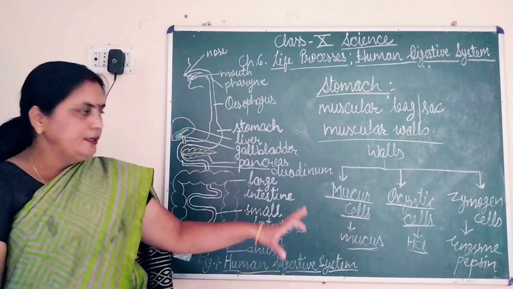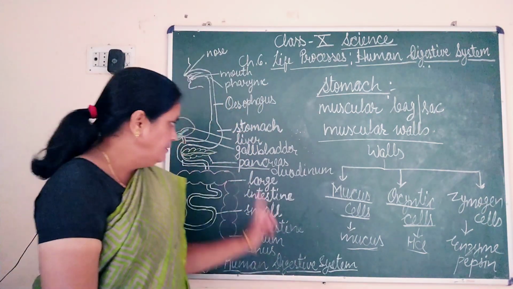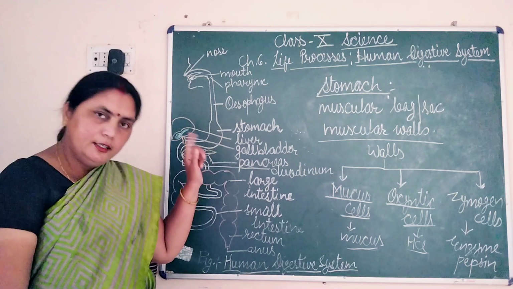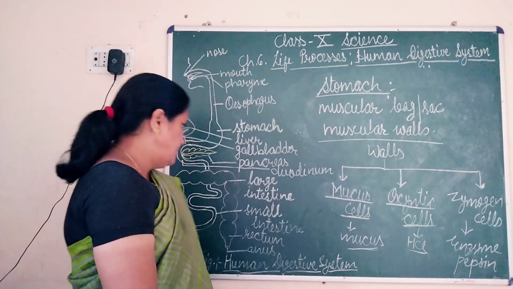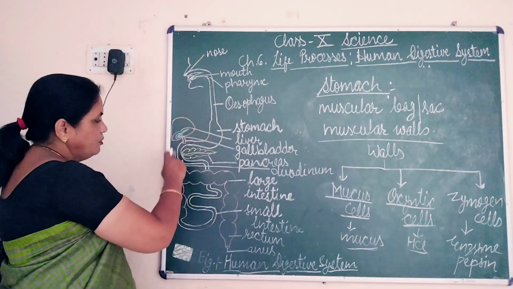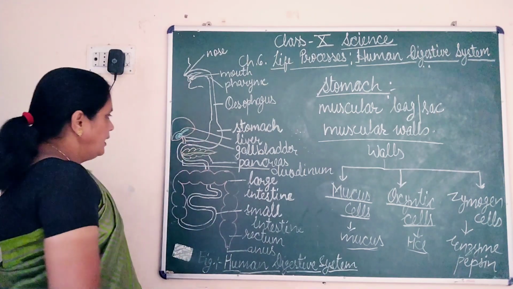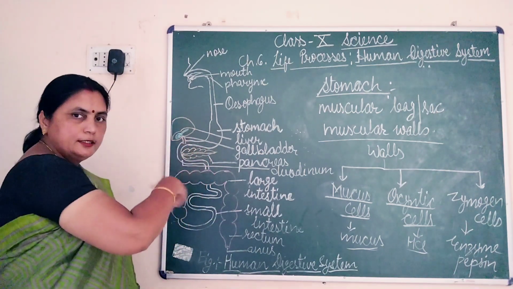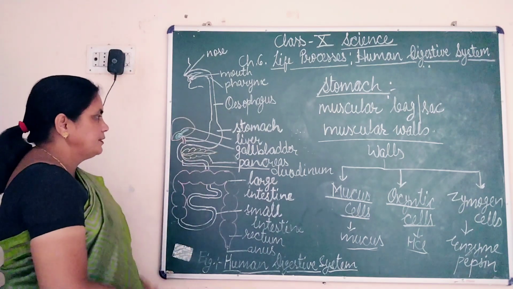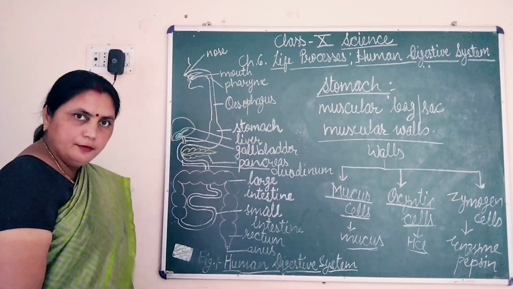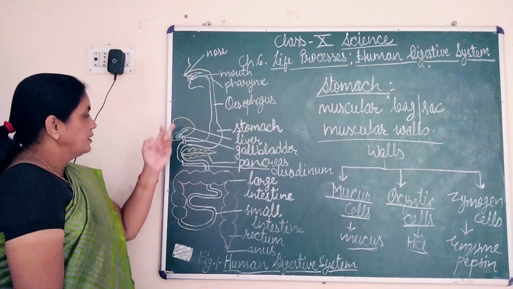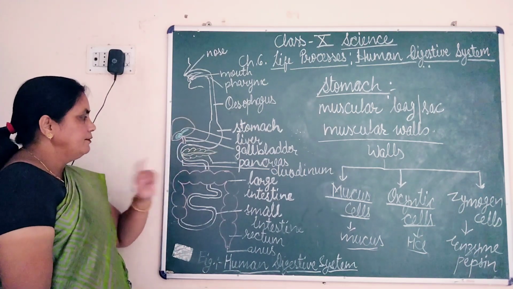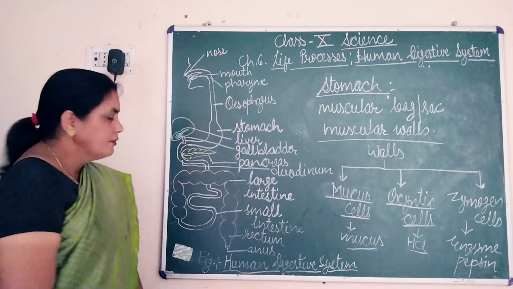And the rest in detail we will discuss about the digestion in stomach under the topic the process of digestion. Now this stomach opens into intestine, and its anterior part, that is anterior part or proximal part of intestine, is called duodenum. It is U-shaped, and two types of glands open into it, liver and pancreas.